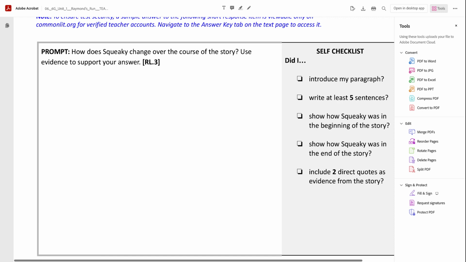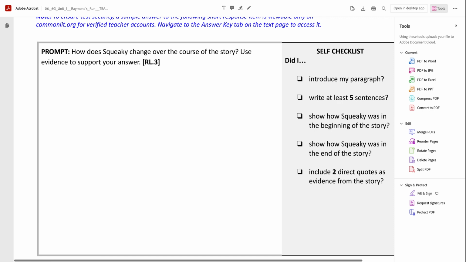And then it said, talk about her at the end of the story. How is she different? How does she change? And I'm going to highlight that in red. It says, by the end of the story, she realizes how important her brother is to her and wants him to feel pride like she does. And I'm going to highlight that. And I'm not going to do red. I'm going to do orange because we won't be able to read it too well if it's red. So this is how she is at the end of the story, just like the box asks.